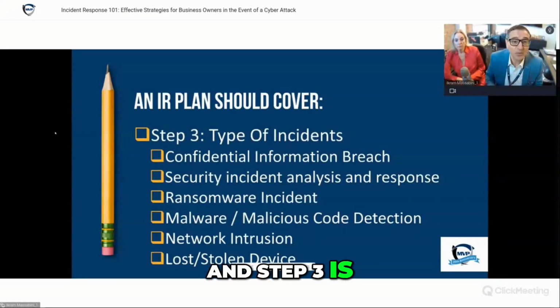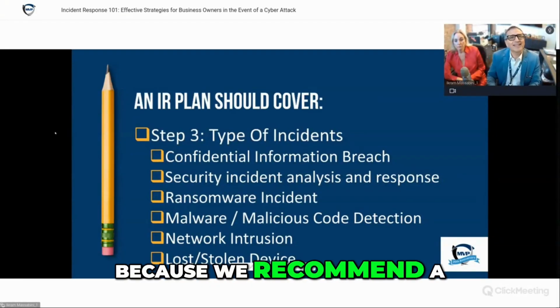So, and step 3 is what type of incidents it is, because we recommend a different